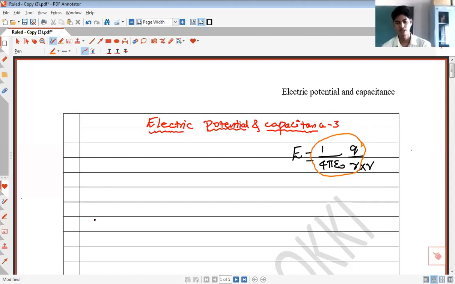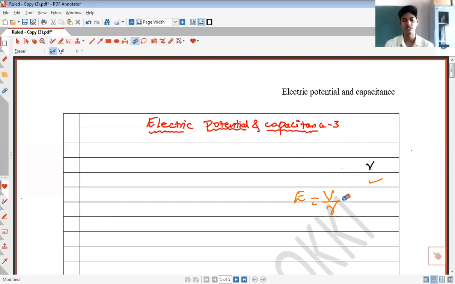So we can write this as E is equal to, we know that 1 by 4 pi epsilon naught Q by R is V, divided by, we are left with this R. This is the relationship between electric field and electric potential. Actually, you can always express electric field in terms of electric potential. E is equal to V divided by R, right? We'll prove this in a different way. We need to show that E is equal to V by R, but with some significance.